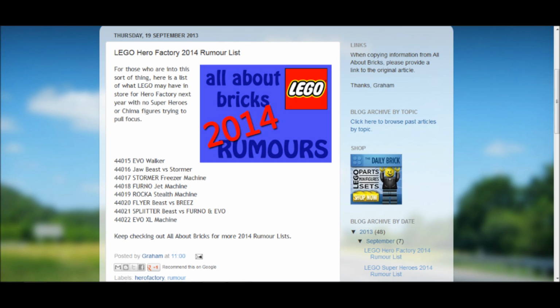Okay, you could swap out. Okay, in the Furno and EVO versus Splitter Beast set, swap out EVO with Nex, you have a set. Then in the EVO Walker, make it a Stringer Walker. And then EVO gets to be an XL. And then boom. What is with these XLs? We throw in bulk somewhere. Well,